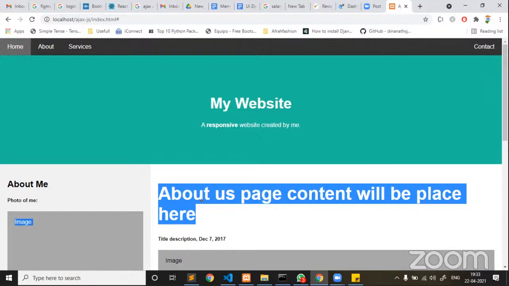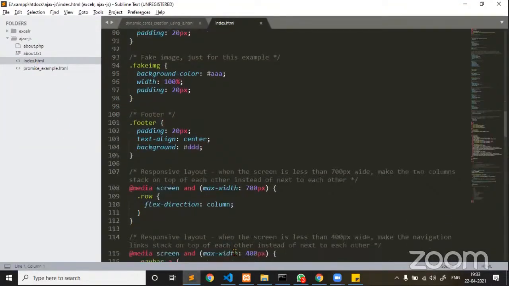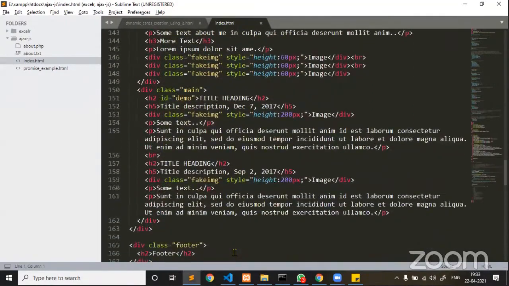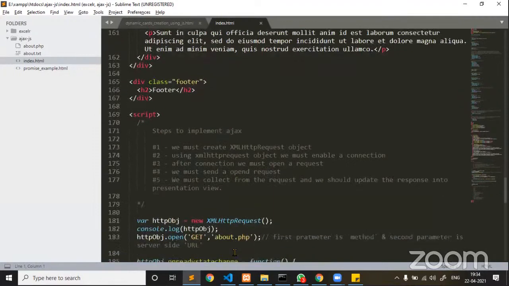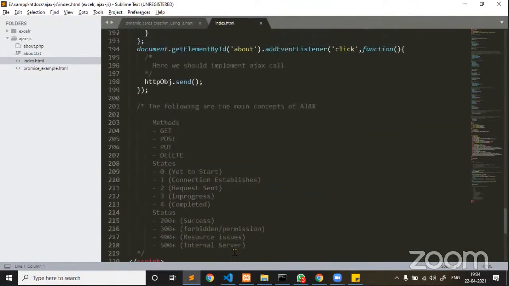Okay, next. So this is what I created, but programmatically, how are we going to create this? How do you achieve this? That is what, if you ask me, let me open the code. Guys, on click of About, you should also know how to attach events. Now I'll brief you about events in JavaScript as well. Guys, listen carefully.